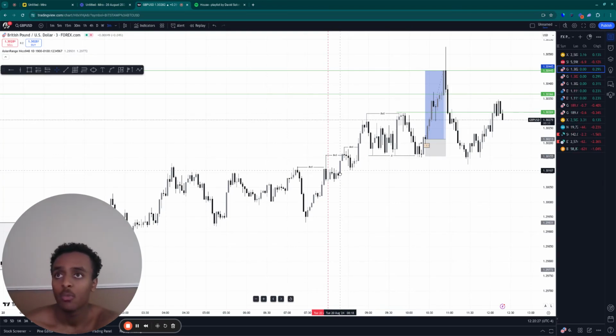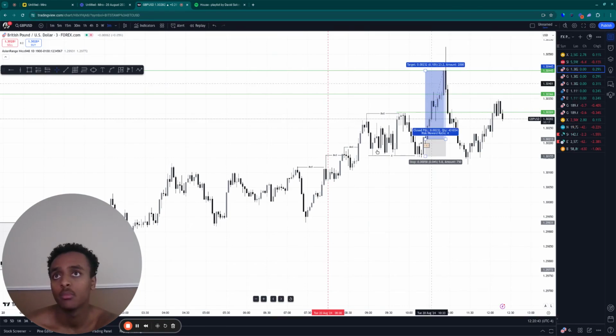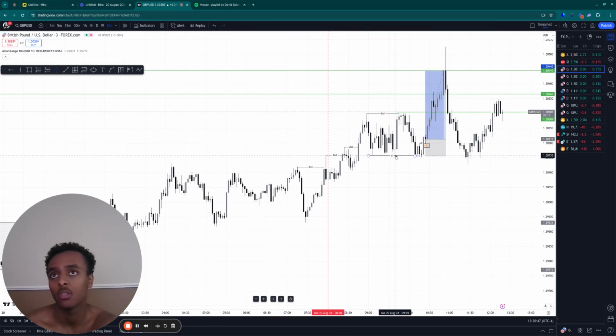So one could say, yes, I could have executed all the way down here, which I really did think of. I just found it to be a little too risk on for me considering this sweep here. So I wanted to see a positive reaction off of here, which I did. Honestly, I could have taken this trade right here. Definitely. But essentially, I waited a little bit further for further confluence,